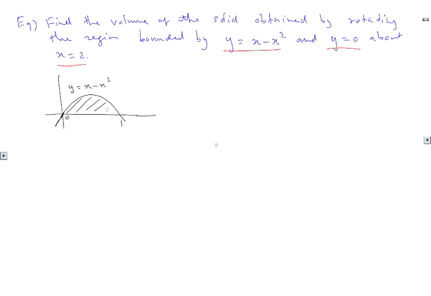So this is the region. You can rotate this region about the x equals 2 axis. That's the axis which passes through x equals 2. So you can rotate about this one. If you rotate about this one, it's going to go around it. So this is the region you get. So your region looks like so,